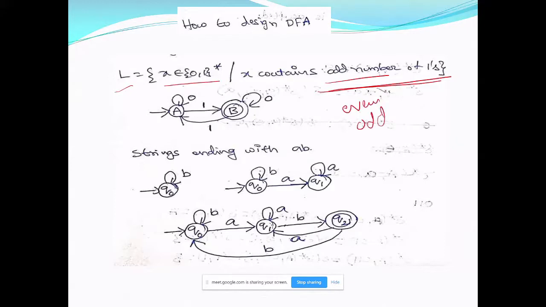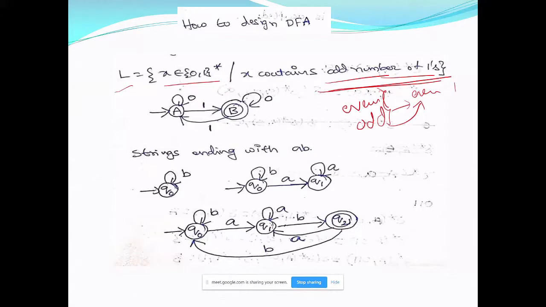When it is even, and one more 1 occurs in the string, it becomes odd. When it is odd and you get one more 1, it becomes even. So the count of ones keeps switching between even and odd.